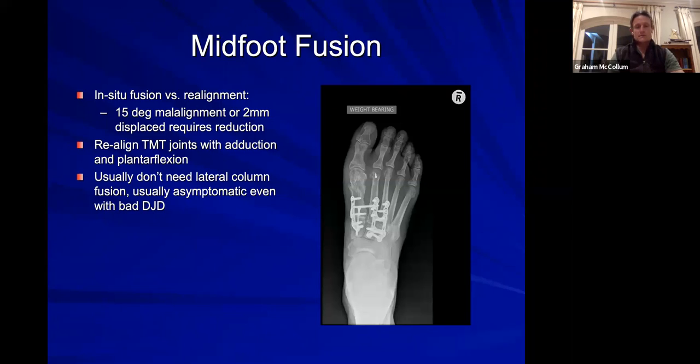Now, sometimes there's reasonable alignment of the joints, and you can perform what's called an in situ fusion, but in many instances you have to reconstruct the midfoot by achieving a decent first metatarsal talus angle and correcting the Meary's angle on the lateral. So it's quite a three-dimensional type of reconstruction, which can be quite technical and quite tricky, sometimes requiring a couple of incisions to get the foot realigned. But basically, the goal is to